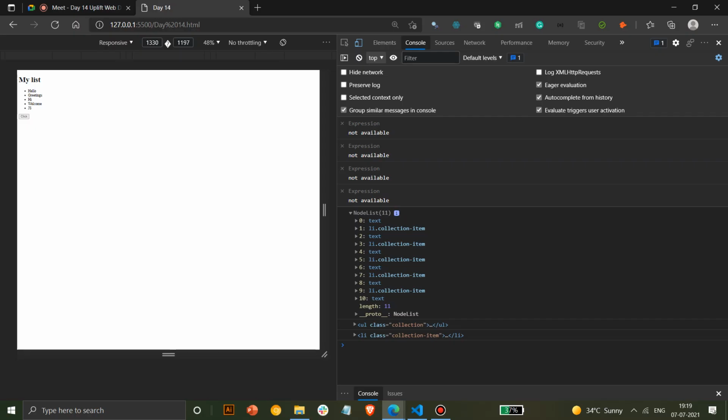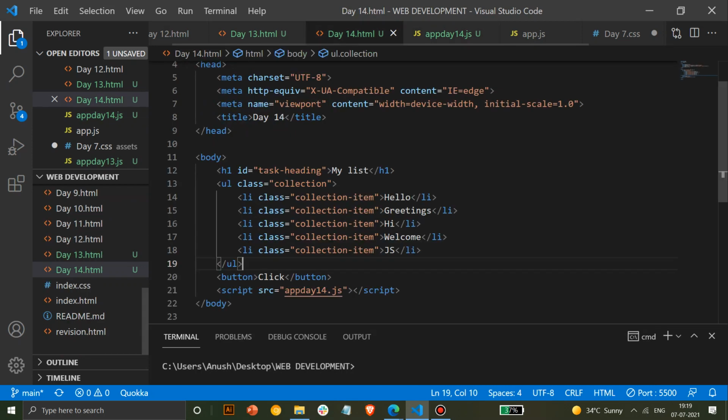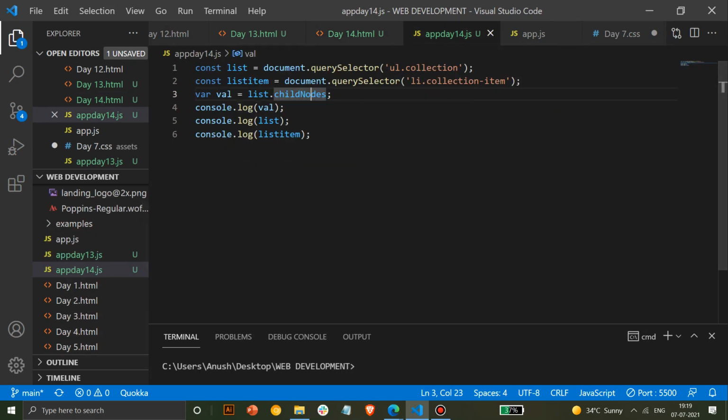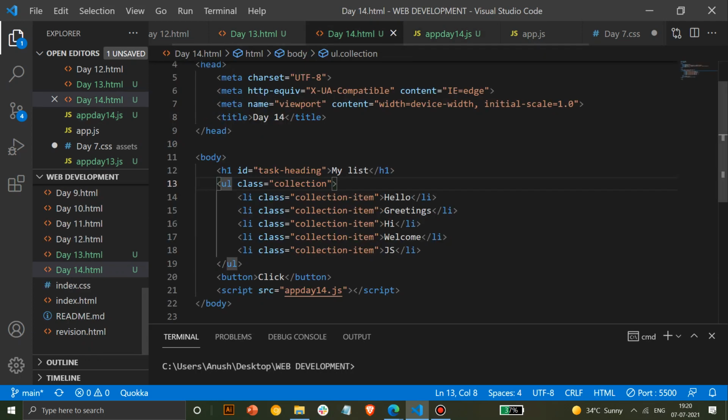Okay, so basically child nodes is just all the elements present inside it. You can use a div, and the elements inside the div will also be its children. There's nothing complex. If I have time at the end of the class, I'll draw a tree and show you how the tree of an HTML looks.